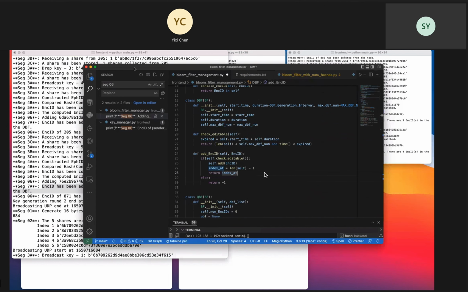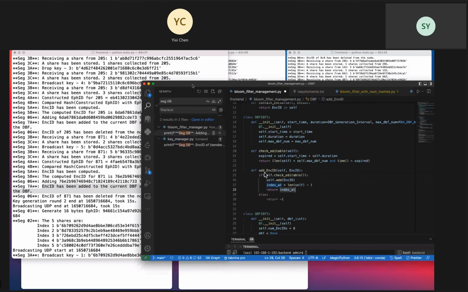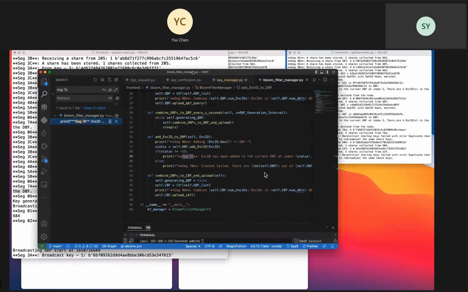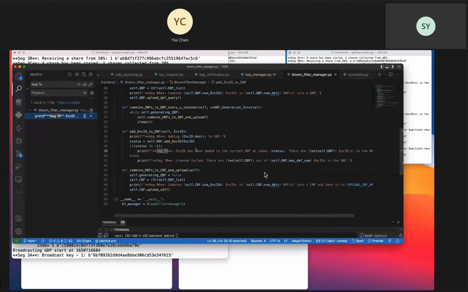Let's see. Segment 7A. Okay, we can see here that